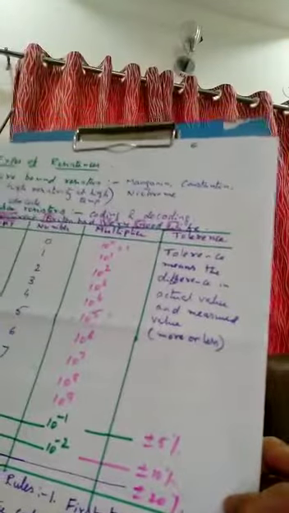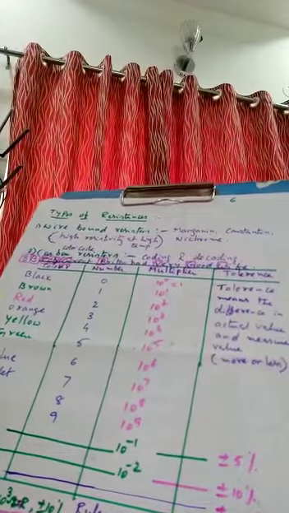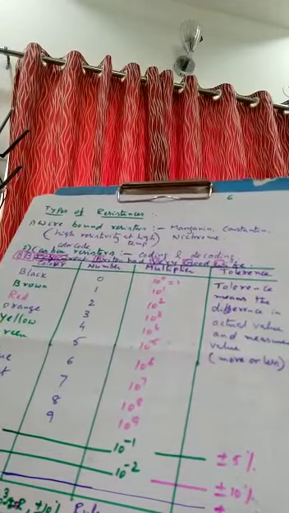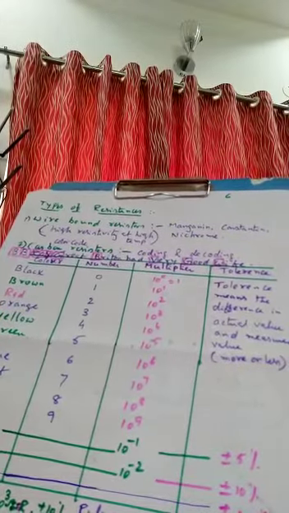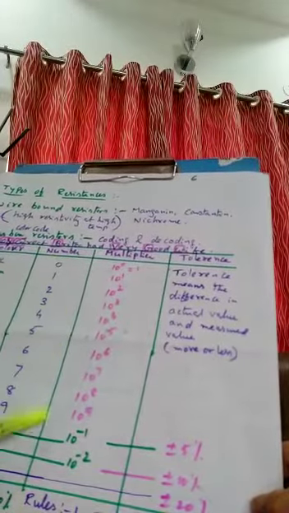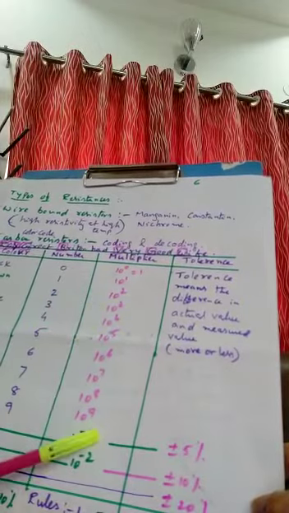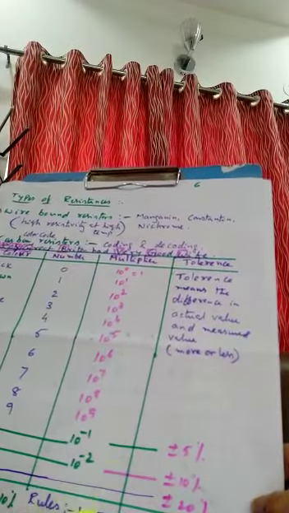So remember once again, B.B. Roy of Great Britain had very good wife. In this way you remember these rings, then accordingly write down this table, then it's very easy to remember. 0, 1, 2, 3, 4, 5, 6, 7, 8, 9. And here 10 raised to 0, 10 raised to 1 and so on. And the last two are 10 raised to minus 1, 10 raised to minus 2.